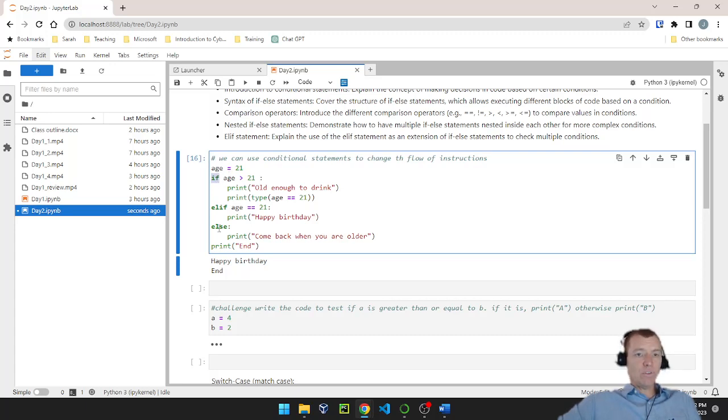I can have an else statement with it, but I can only have one else statement. So if I have an if, it can be paired with an else. And then also, it can be paired with elif. But I can have as many elif statements as I want. So let's say, hey,